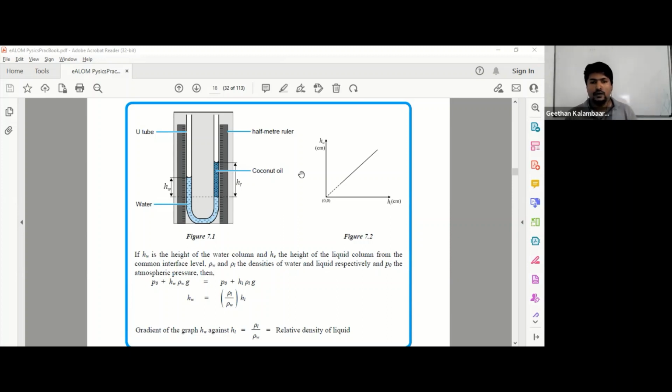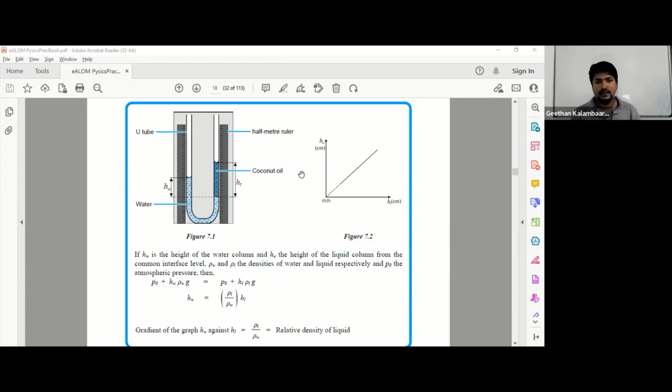So we set the apparatus like this, and one critical point here is that we are going to pour the liquid with the higher density first. In this case, we know water has a higher density than coconut oil, so we have to pour water first into the U-tube before pouring coconut oil. Why? What will happen if you do otherwise? If you put coconut oil first, and then pour water into this,